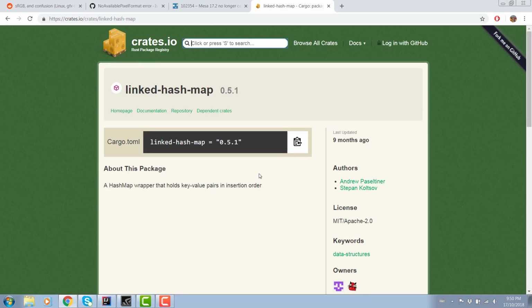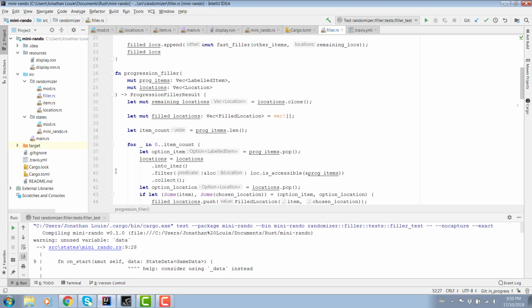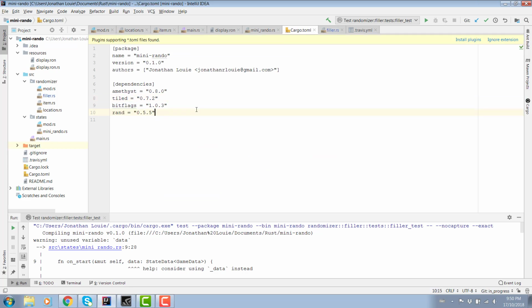Here we go. I don't know if there's a LinkedHashSet page or anything. That could be useful, so I don't have to fill in the values as being like unit or anything. But at any rate, I'm just going to add this to my dependencies. And that should do it.